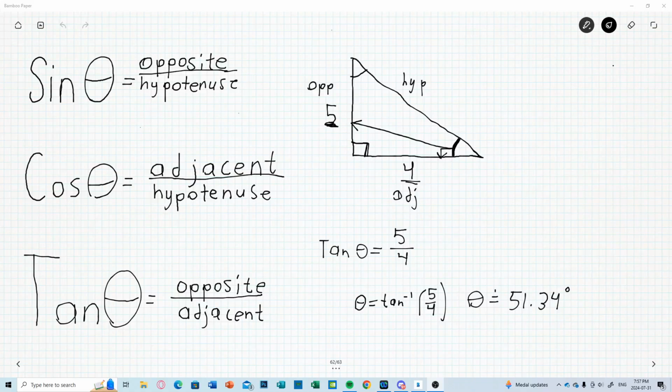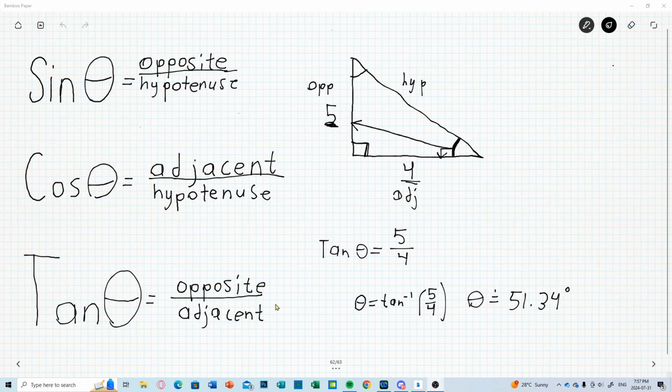Alright, so last time we did SOH CAH TOA. If you haven't seen that video yet, I'll leave a bubble up top for you to click to watch it. But what we did is we took two side lengths to find an unknown angle, using SOH CAH TOA: sine equals opposite over hypotenuse, cosine equals adjacent over hypotenuse, and tan equals opposite